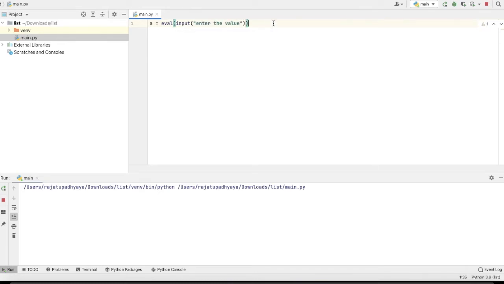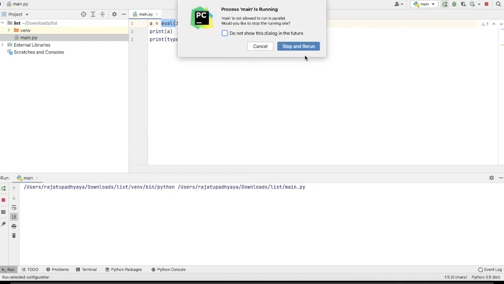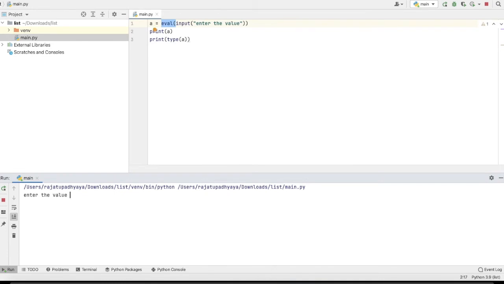Here I am printing A and also showing the type of A. According to the value it will change the data type. Let me show. I'm running this, suppose I'm entering a list. I use square brackets and close, and you can see this is printing here and this is a list. This is the way you can dynamically create your list. Let me explain more about eval. Suppose we type 1,